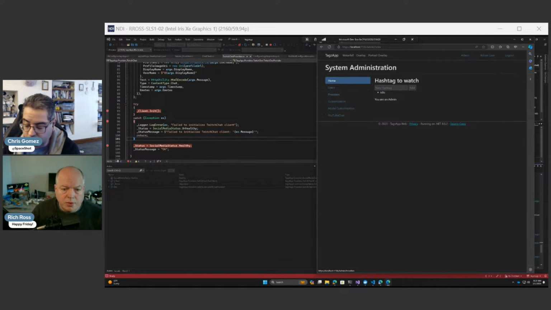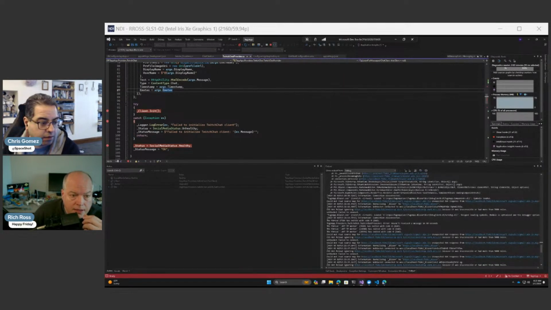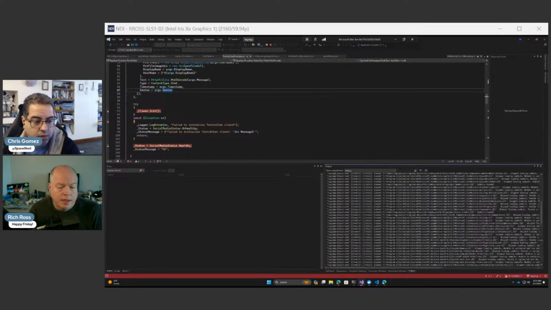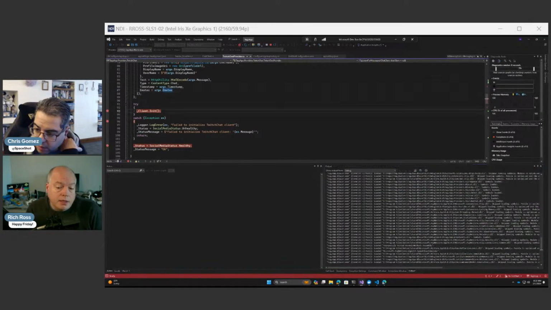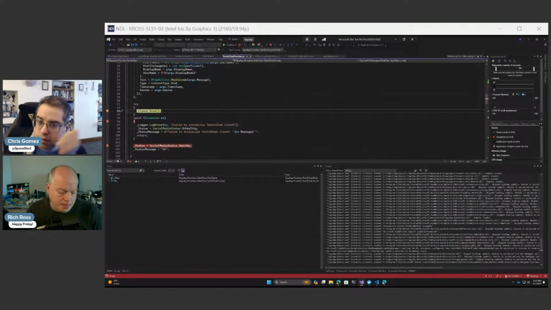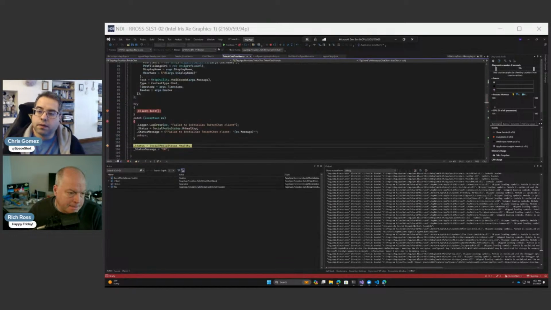So it doesn't like putting that tag in. Once you put a tag in, it doesn't work anymore? It goes red. Yeah, that's what it looks like. I wonder, I don't know. I wonder if